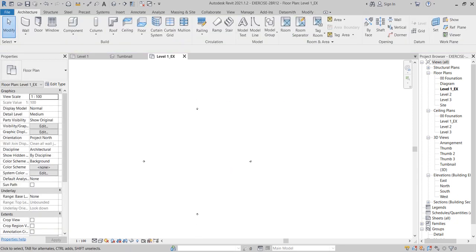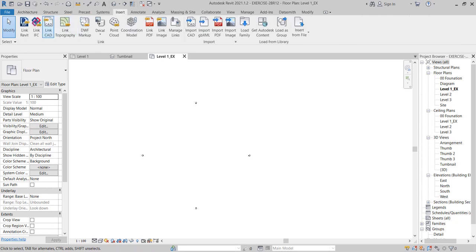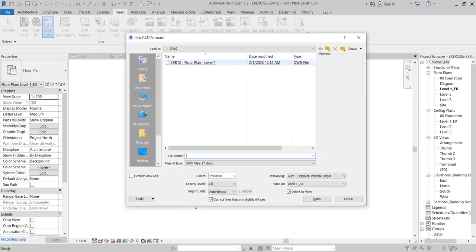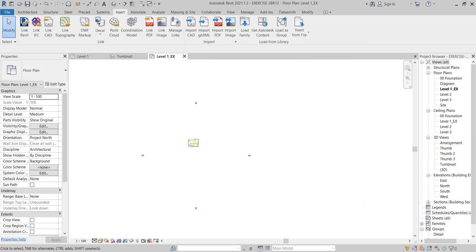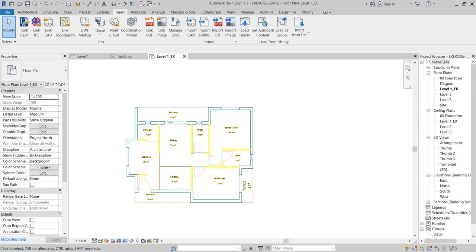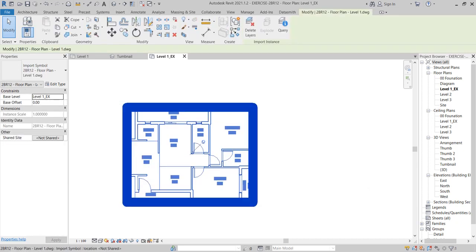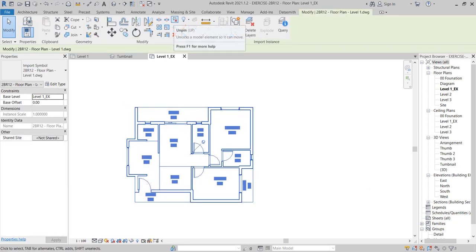Now, to get started, I'm going to import a CAD file. I'm going to go to Insert here and then go to Link CAD and then choose this file here, and that is it. This is the file. Select it, and then there is this little pin here. You can pin,